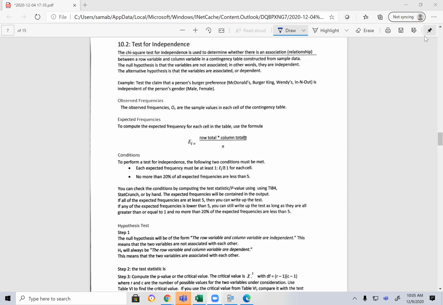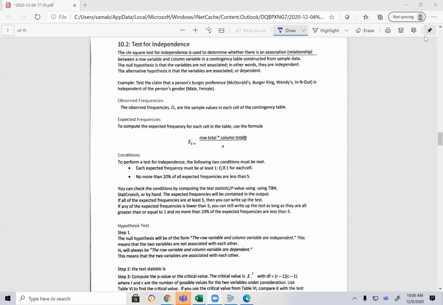Okay. So the second test, guys, is called the test for independence. Just give me some time to explain this to you. I put a lot of details in there. You can read the notes, but I'm just gonna get into the heart of it and show you how